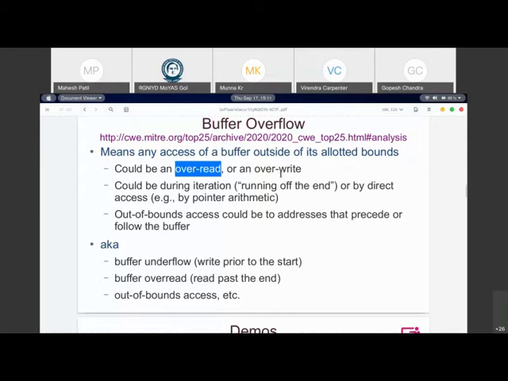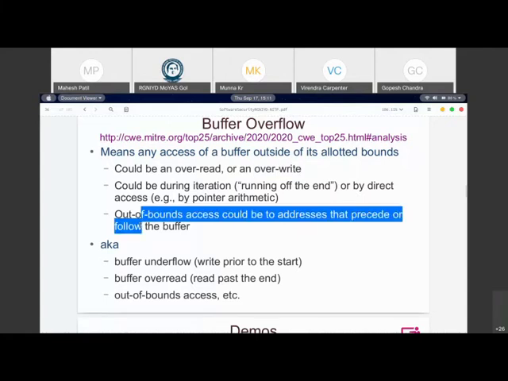Sometimes you can read the data. The example which we showed you just now was reading the buffer data beyond it and ahead of it also, so both aspects of it. But sometimes you can also write data into it. So in future, the demonstrations we are going to show will be writing contents beyond the buffer size, right? And typically it can be for anything.